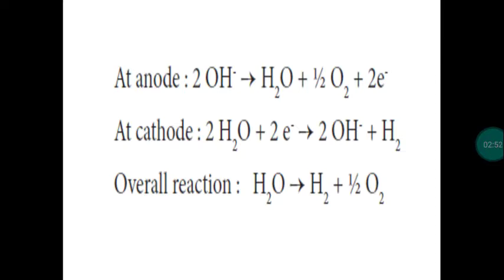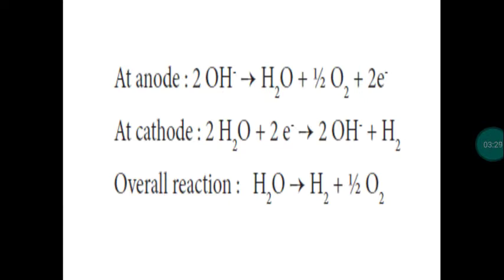In your 10th standard, you have studied what oxidation is, what reduction is, and what a redox reaction is. This redox reaction will take place within the electrolytic cell by the passage of electricity. So this process is called electrolysis. Electrolysis is the process of separation of a substance into two. For example, sodium chloride will be separated into Na plus and Cl minus, or else the passage of electricity will lead to a redox reaction within the cell. So the process is called electrolysis.